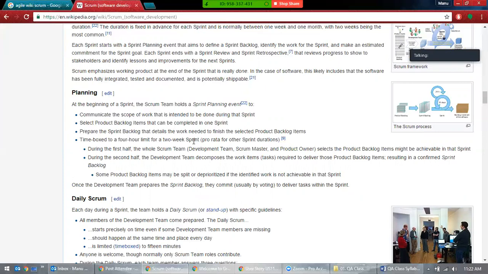And they discuss all of the user stories. All those product backlogs are classified into sprints, and each sprint is then classified further into user stories. They will discuss each and every user story, what has to be done, and whether it goes into this sprint or the next sprint. All this will be discussed in the sprint planning.